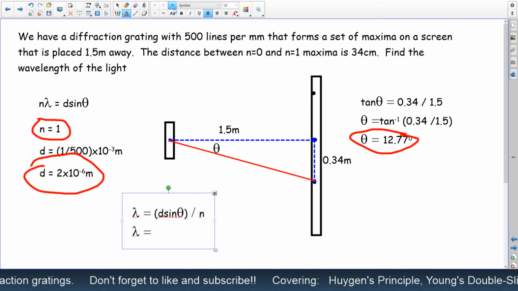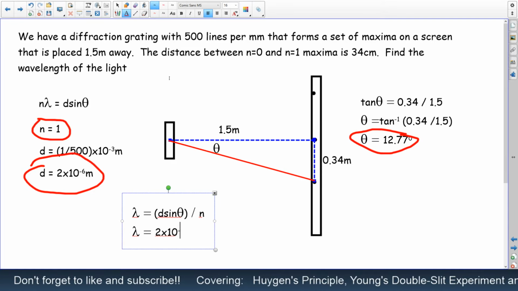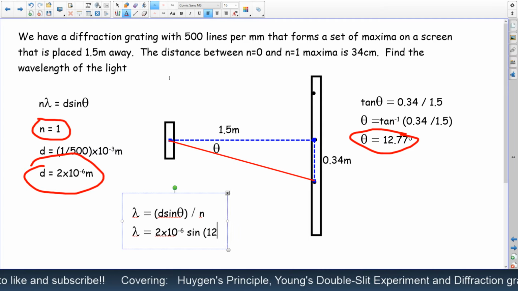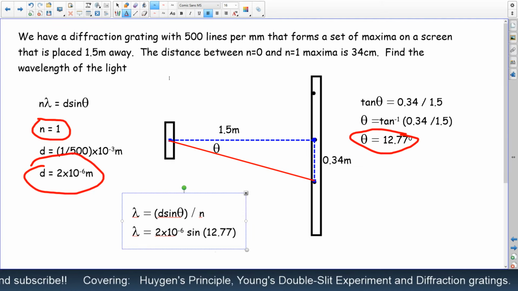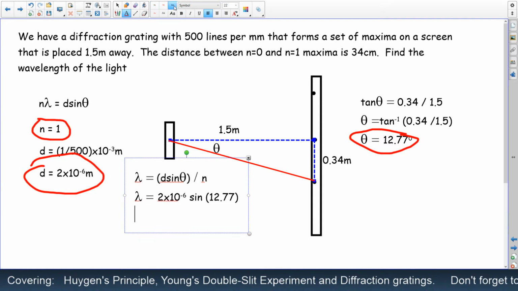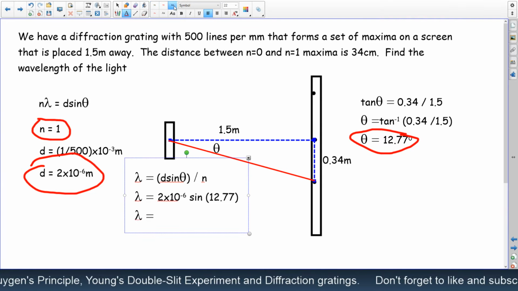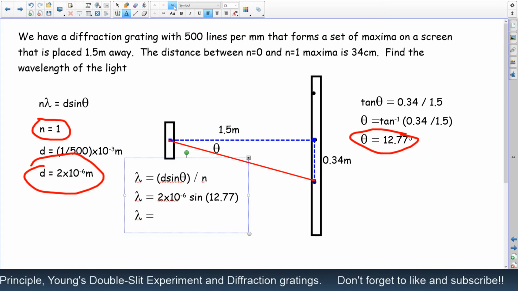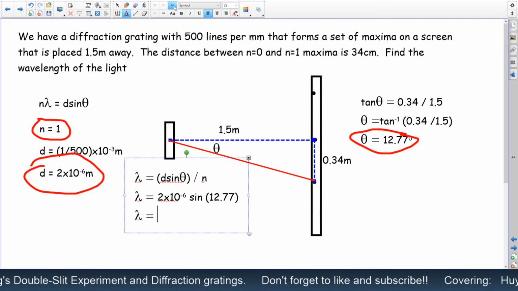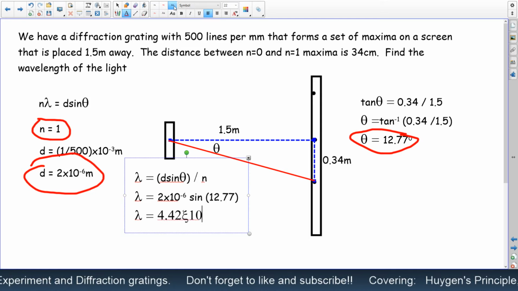So lambda is equal to d, which is 2 times 10 to the negative 6, times sine theta, which is sine 12.77. Calculator on standby, that's 2 times 10 to the negative 6, multiplied by the sine of 12.77, which gives me 4.42 times 10